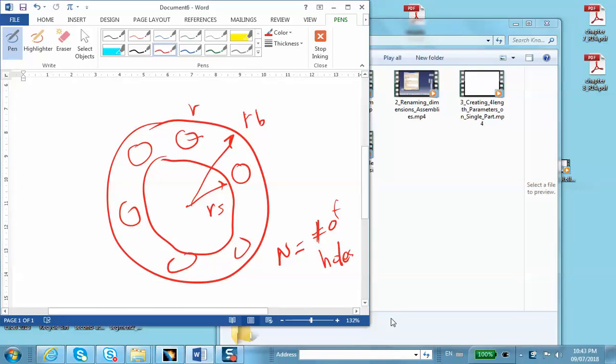Okay, I would like to parameterize the solid model that you see here. It is basically a ring which has got a number of holes on it, and the parameters that you specify are going to be the big radius RB, the small radius RS, the radius of the hole, and the number of holes. Okay, so RB, RS, and R are all parameters of type length, and N, the number of holes,